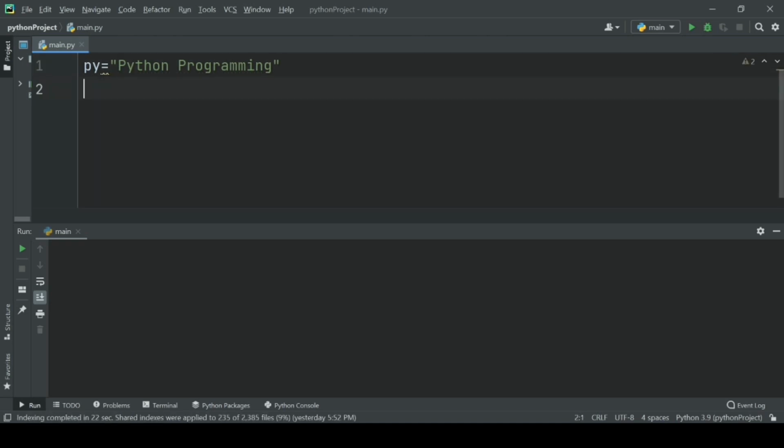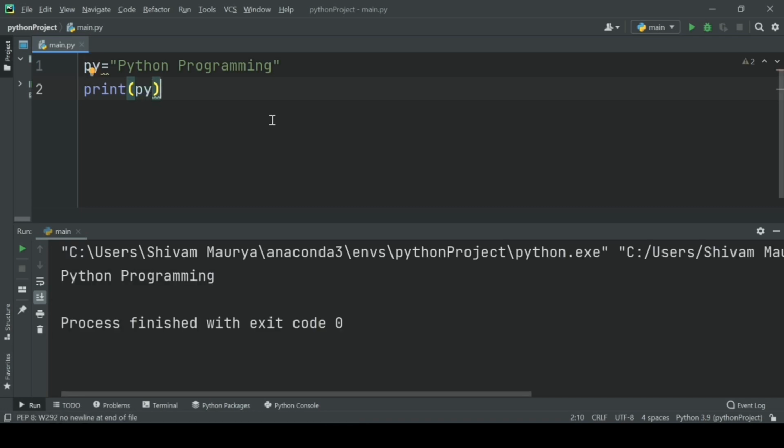Slicing means in a string, if you want only some part, here only Python, not the programming part. So how will we print this out? Because if you print py, you will get Python programming, but if you want only Python, not programming, let us see how we'll do it. Let us just create a variable slicing equal to py